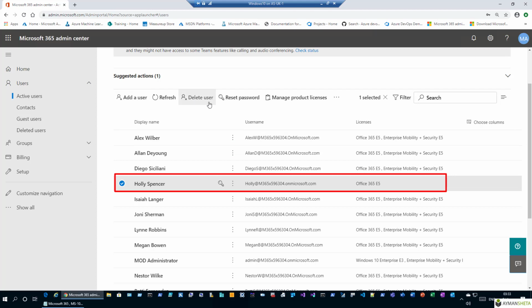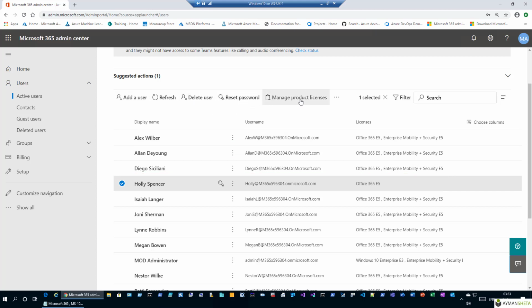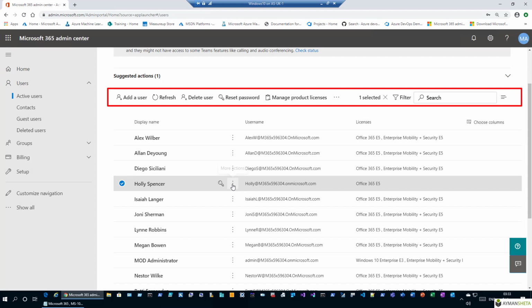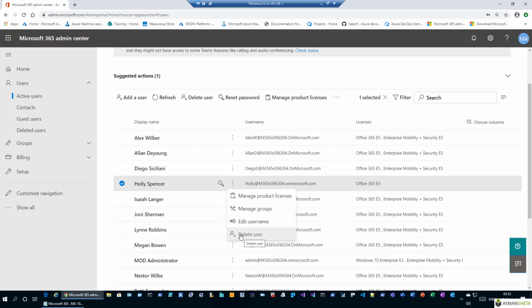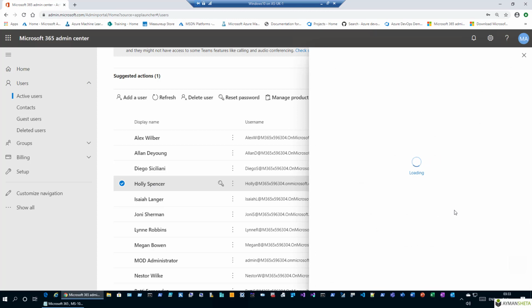Also at the top, we can see different tabs with different options: resetting the password, managing licenses. The same options we can have everywhere, to manage a group, to edit the username, or delete the user. Or by clicking on the user account, we're going to get